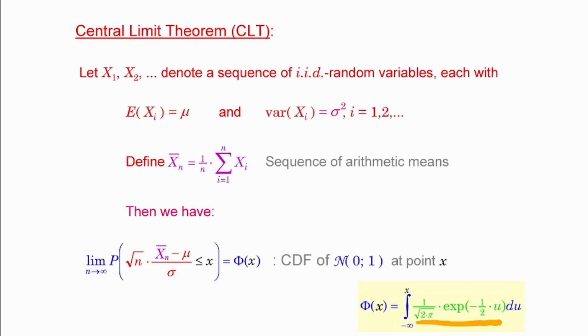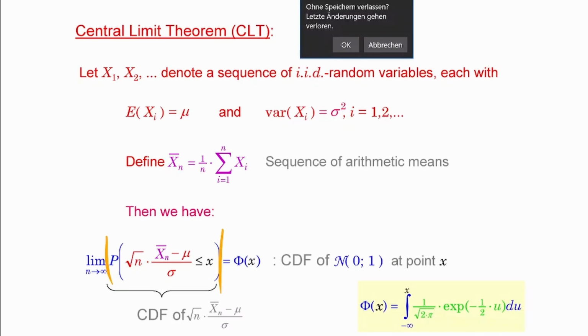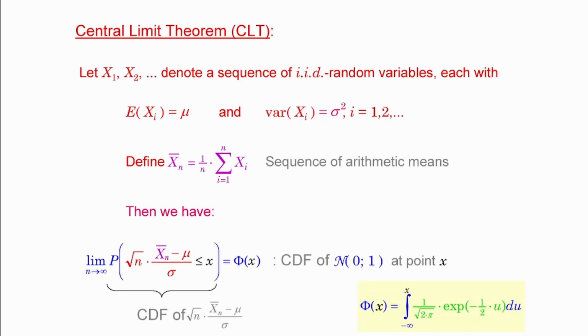Again, it can be shown, but it's a semi-closed form. In this case, this integral can be calculated, but only numerically. Anyways, that's basically how it would be, and on the left-hand side is the cumulative distribution function. This is the cumulative distribution function of the standardized sample mean,